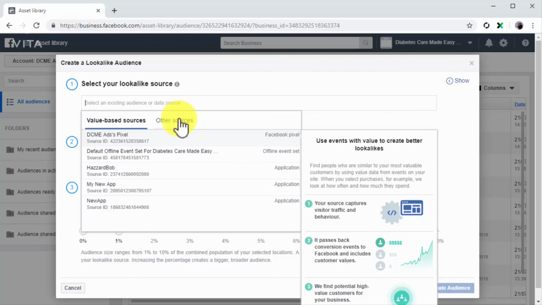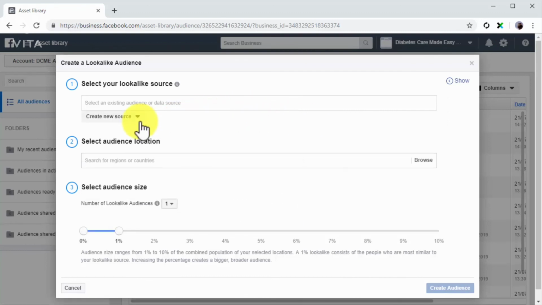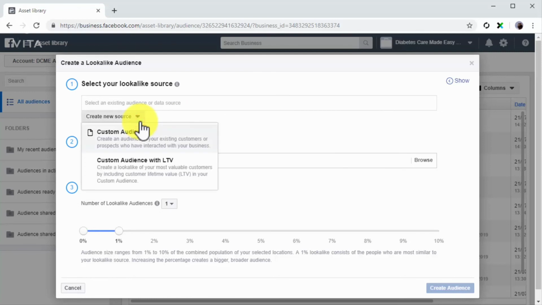The other type of source is other sources. These sources include assets such as pages and custom audiences. The other way to generate a lookalike source is by selecting to create a new source. Basically, when you select this option, you will have to create a custom audience from scratch, which you'll add directly